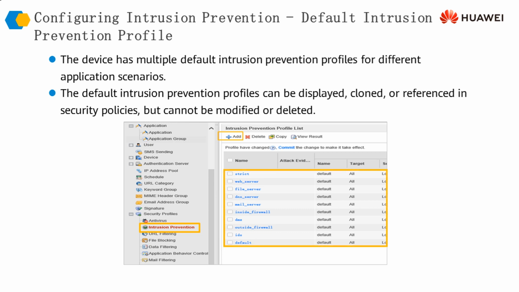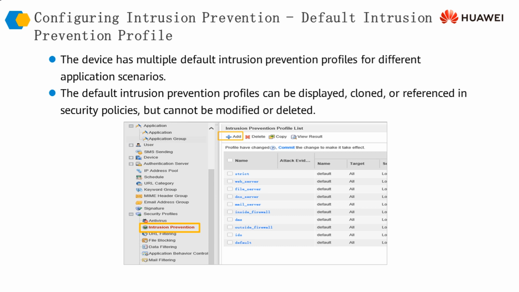We add these profiles. The default profile is, by the way, built in. These are not built-in profiles. This default profile is the built-in one, which will always be there, and these are the other default profiles. We cannot delete these. Let me correct myself. We cannot delete these, and we can only copy them and then modify them. However, we can add